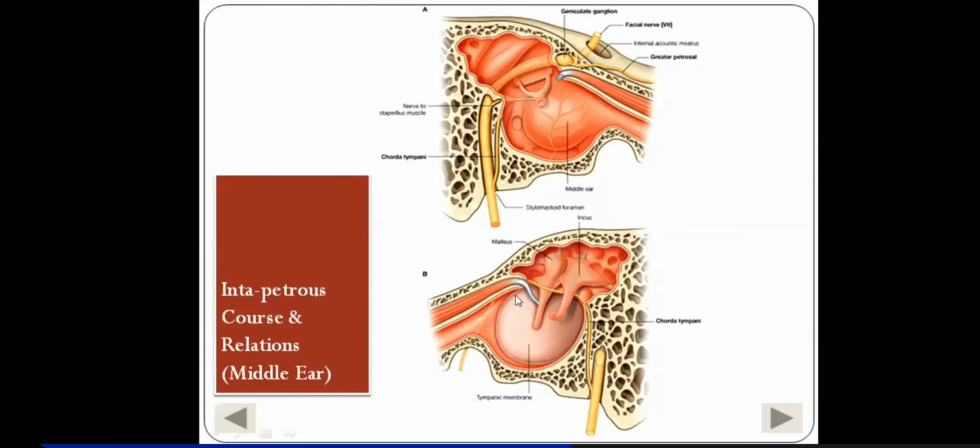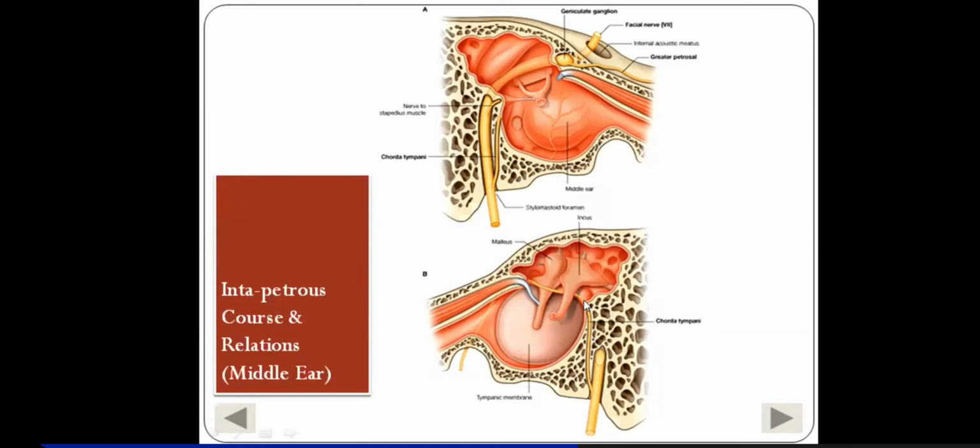So what you're seeing is the tympanic membrane, which is convex on the medial side, right? And this is the malleus attached to the tympanic membrane, and this is the incus. Here down will be the styloid process of the temporal bone. Between the mastoid process and the styloid process, there is this foramen called the stylomastoid foramen, through which the facial nerve will emerge. But remember, before emerging, around 6 millimeters above, it gives this third branch, the intrapetrous branch, that is called chorda tympani.